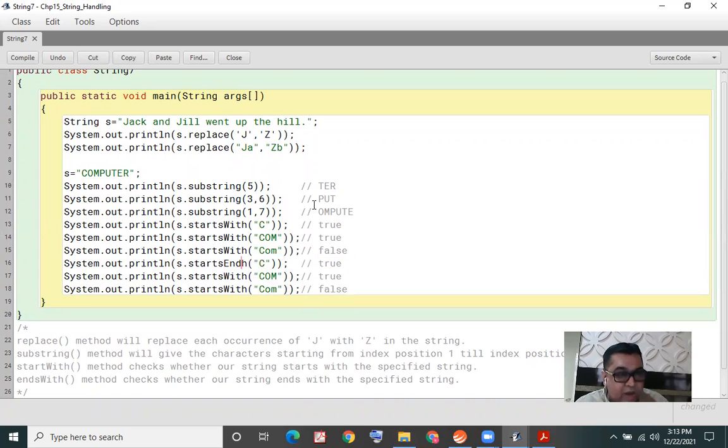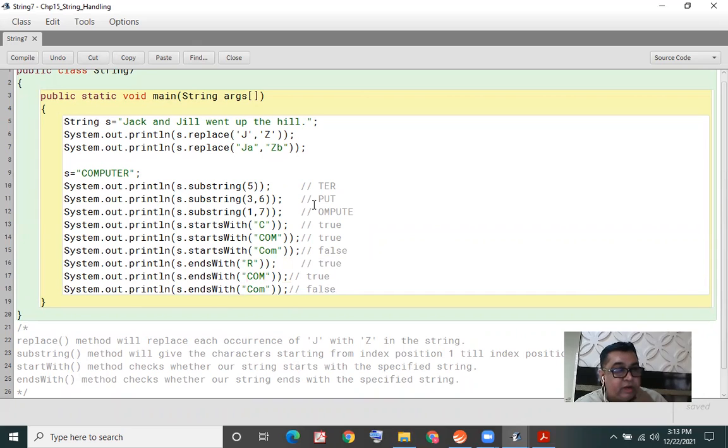Notice starts with, the first letter is in small and with, okay, with was in capital. Here ends with W in capital. So we are looking out for whether it ends with the letter R. Yes, we get true.